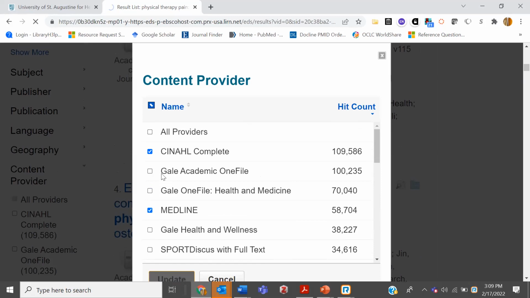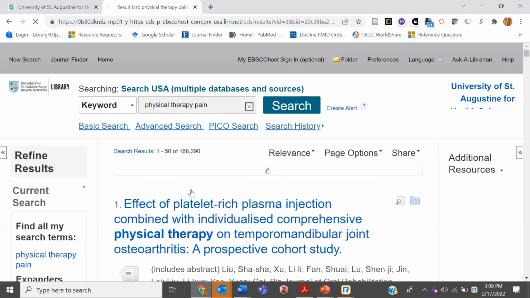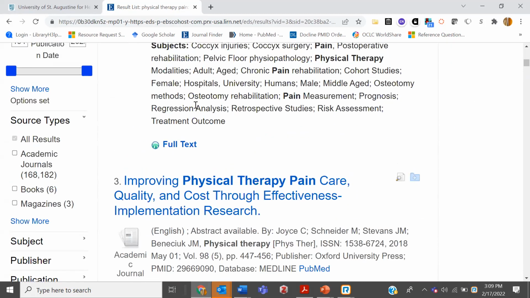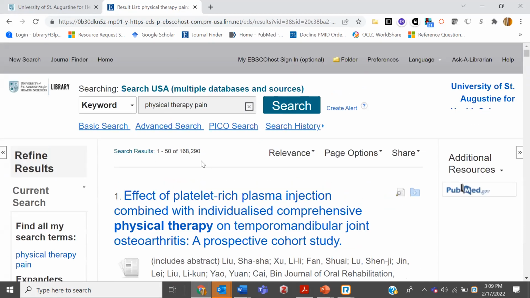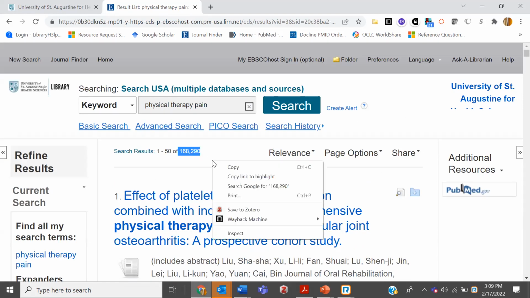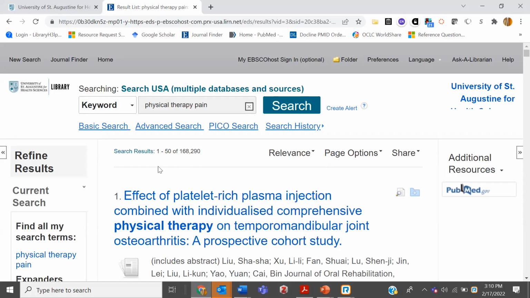Once I update my results, we had some 400,000, but if I limit it to these two databases, that cuts it a little more than in half. So it went from 400,000 to 168,000. Still an awful lot. You're probably not going to read 168,000 articles, at least not this year. But knowing that you can limit that by those databases is one way to use Search USA a little more